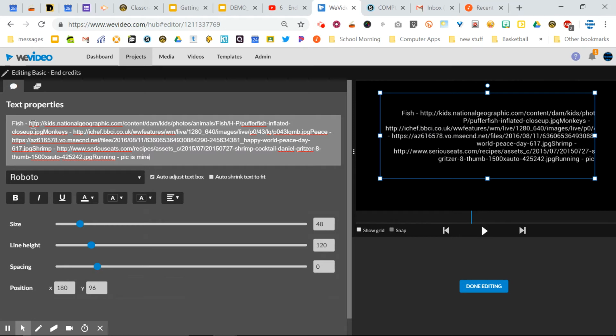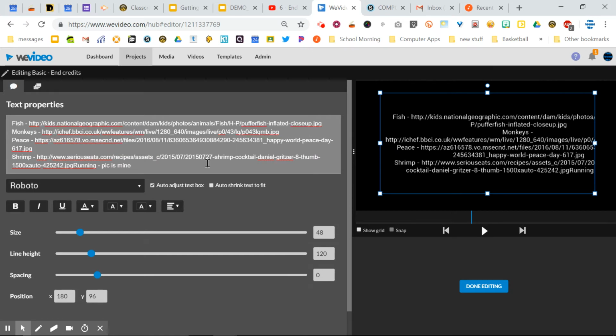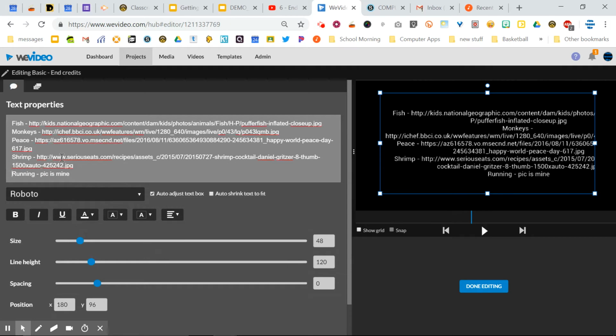Now, I labeled all my images, and I suggest you do so. So mine goes from this closeup.jpg to monkeys. So I'm going to click in between there and press enter. And then I'm going to find the next one called piece here. I'm going to click in between the JPEG and press enter. And then I'm going to find my next one, which is called shrimp, in between the JPEG and shrimp, and press enter. And my next one is called running, and between the JPEG,